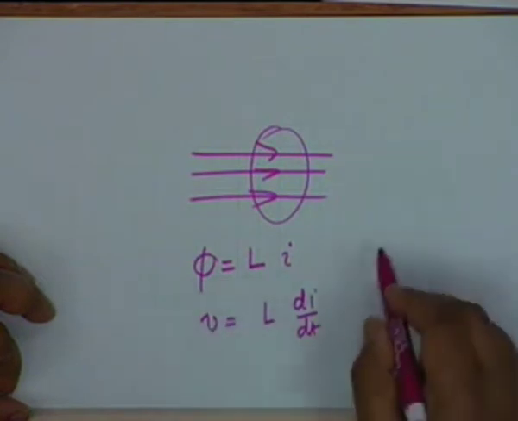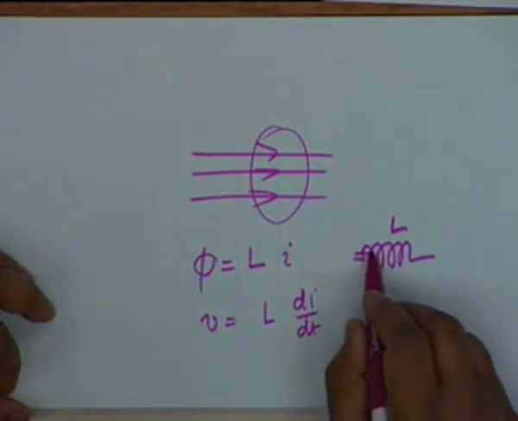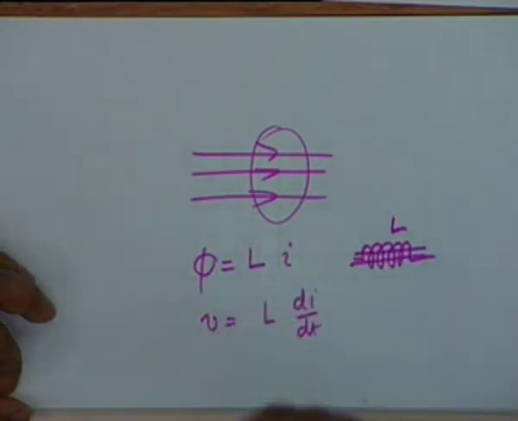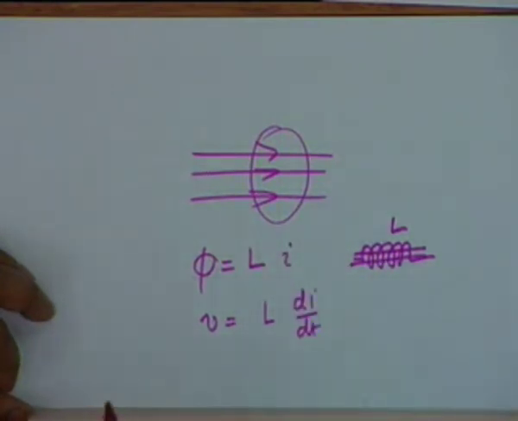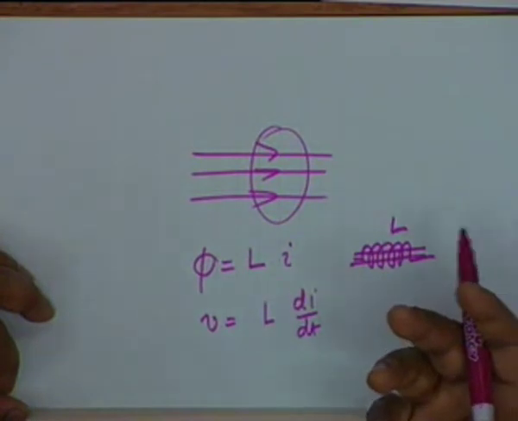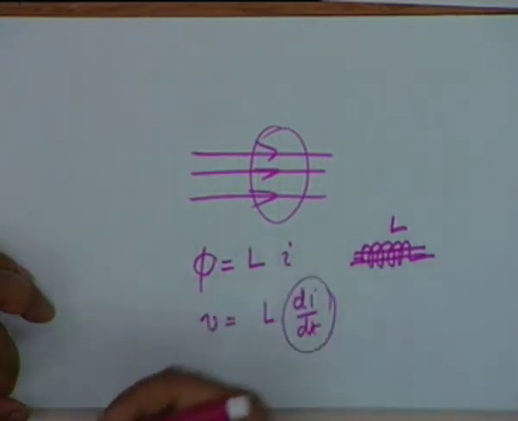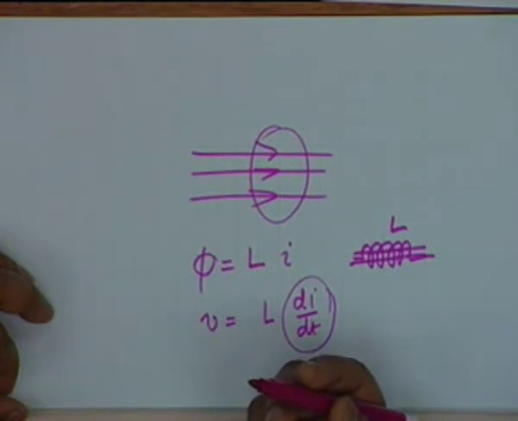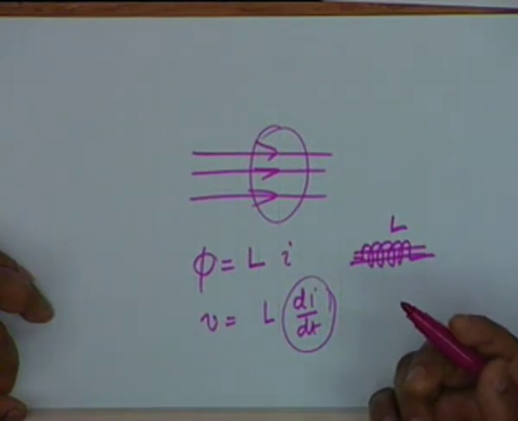Now, this is a case in which a coil of inductance L is in a magnetic field and links a current. The magnetic field is created by its own current. All right, and if the field changes, that is the current changes, then a voltage across it is developed, which is equal to L di dt. On the other hand, if the flux is a constant, then di dt is 0 and the voltage across this is 0. This is why we said inductor acts as a short circuit to direct current.